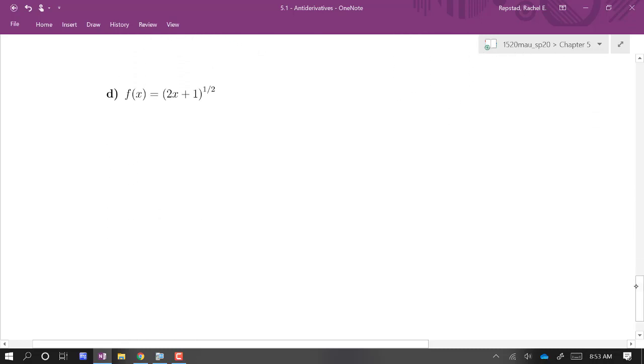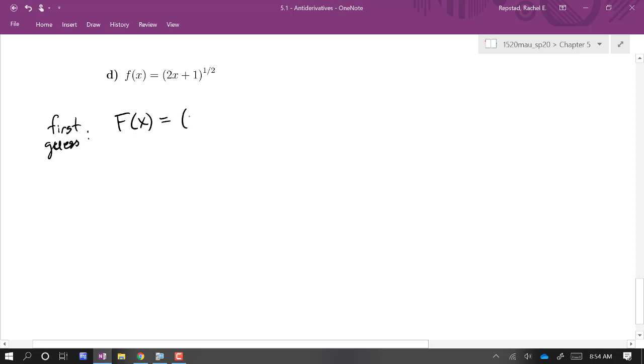All right, let's try another one. Now here we have another some stuff raised to a power. If I took a derivative and I got some stuff raised to a power, chances are pretty good that an antiderivative is going to be that same stuff, in this case 2x plus 1, raised to a power. I just need to add 1 to the exponent. So one of the things we realize pretty quickly as we're learning to take antiderivatives is that we don't always come across the right answer the first time. So here's my first guess as I'm working through this,